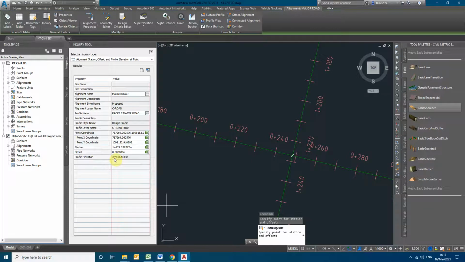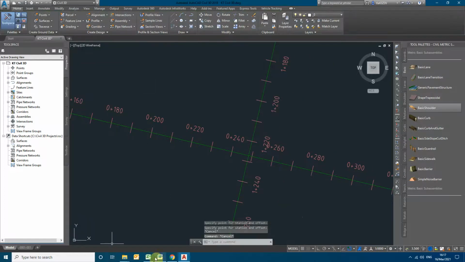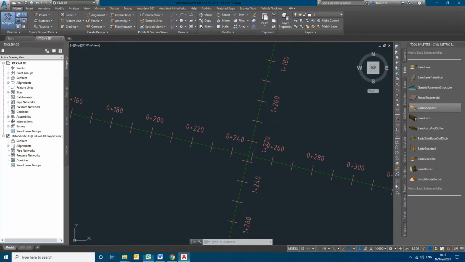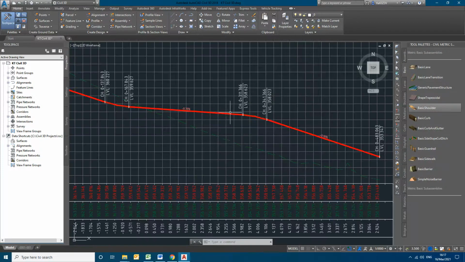You can see the elevation is 359.064. Similarly for the minor road, it is 359.063. There is a slight minor gap, but no issue, we can adjust it again.